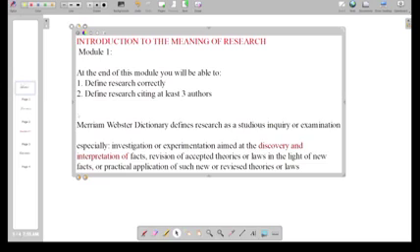Let me explain this definition to you. The first word you need to pay attention to is studious inquiry. It is studious because it requires persistent effort. You going through journals, articles, you having to interview authors in an attempt to inquire, in your attempt to find out.